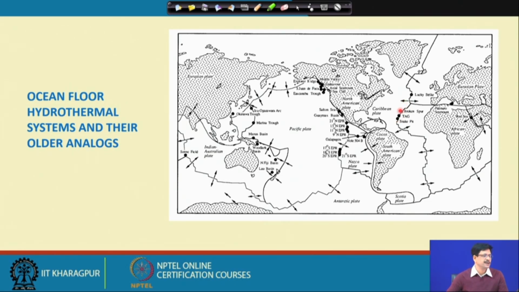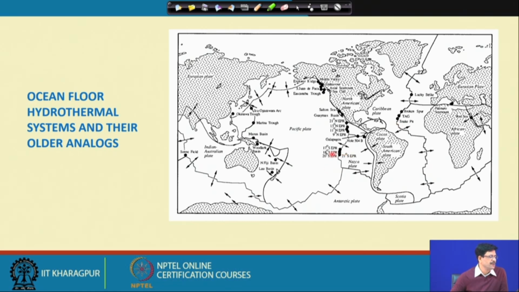So, the hydrothermal activity associated with the ocean ridge system, we saw their photographs, as many such features can be seen. Some of the important localities marked here are the TAG, the Trans-Atlantic Geotraverse, Snake Pit,